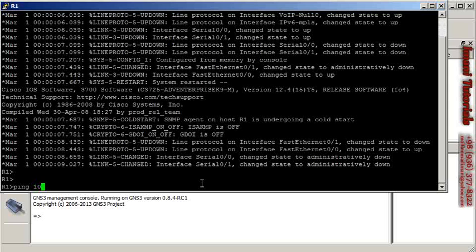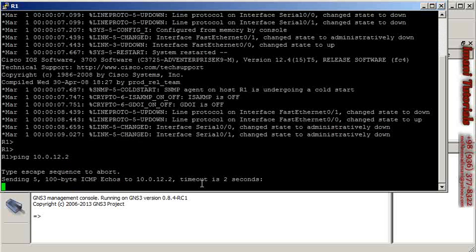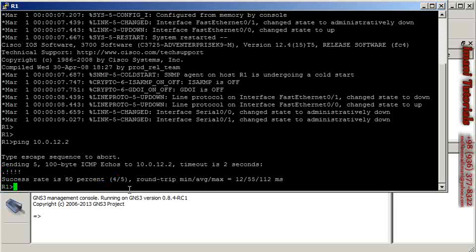So I type in 10.0.12.2. From router 1, I want to ping 10.0.12.2, that is the IP address of router 2's interface, and I hit enter. And after a while, you can see that this command is successful. Now, these exclamation marks mean successful, and this